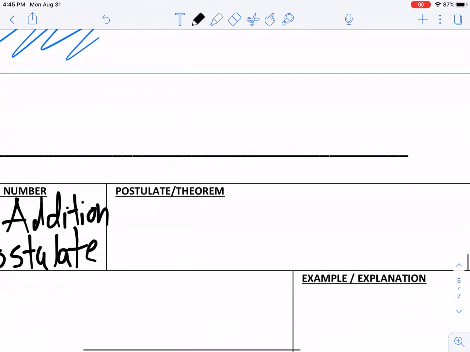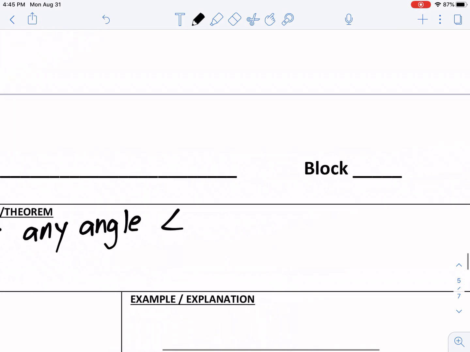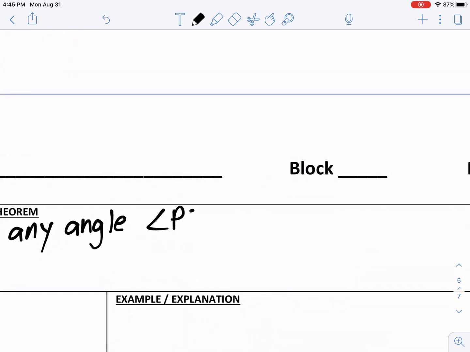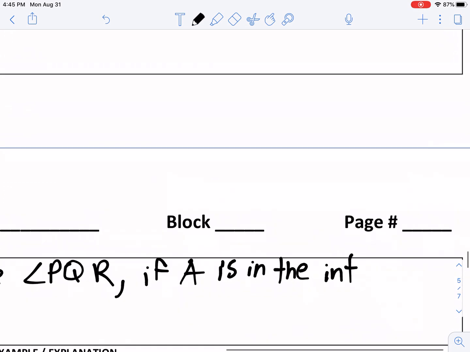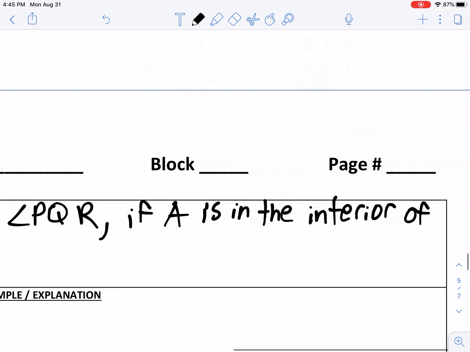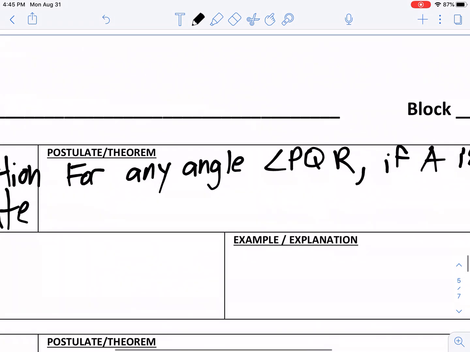Okay, and what that says is for any angle, for instance, let's say I had the angle PQR. If there's some point A in the interior of the angle, and we just talked about what the interior is,